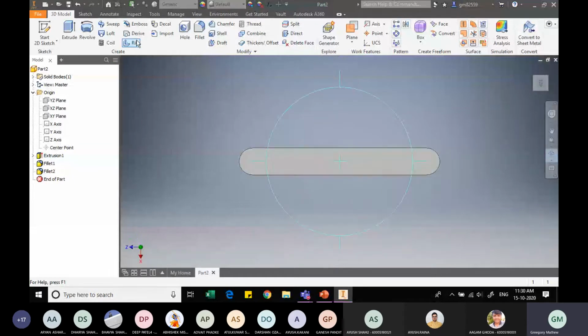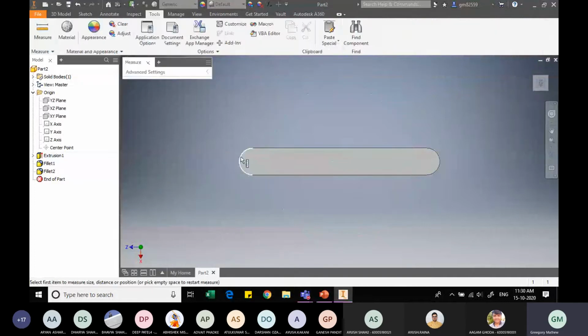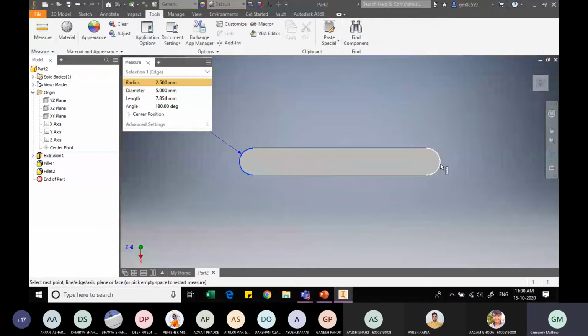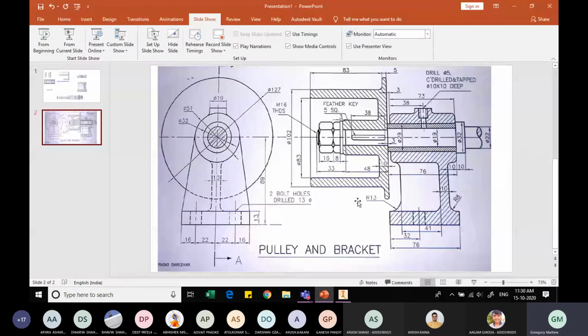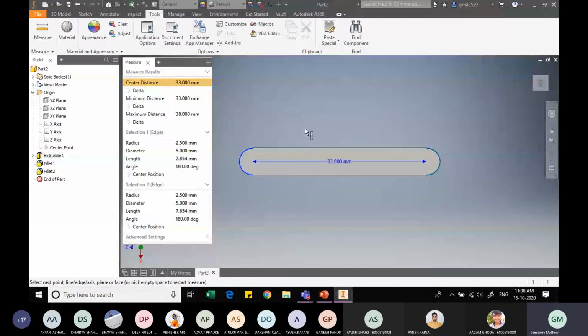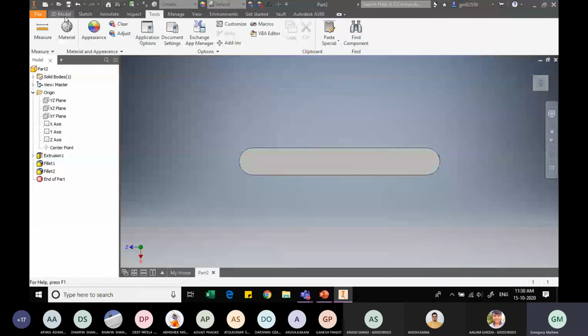Now let us check if our dimensions are correct. So I'll go to tools. Tools, I'll use this measure option, and I will measure the distance between these two arcs. So you know the centers, between them we have 33 mm distance. The radius, it has to be 2.5, right? Because the width is 5 mm, so radius is 2.5 on this side, 2.5 on this side. So 2.5 plus 33 plus 2.5, which makes it 38, which is as shown in the figure. So I escape, go to 3D model once again, and here let me just go to the, okay, this is show me this view.